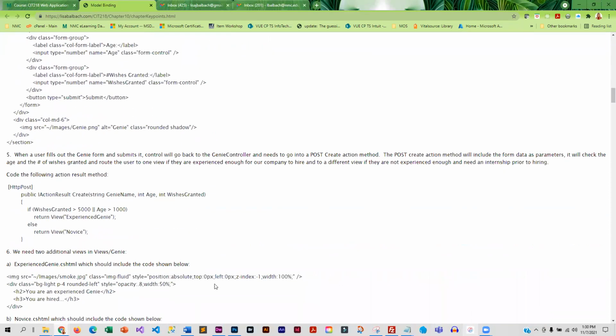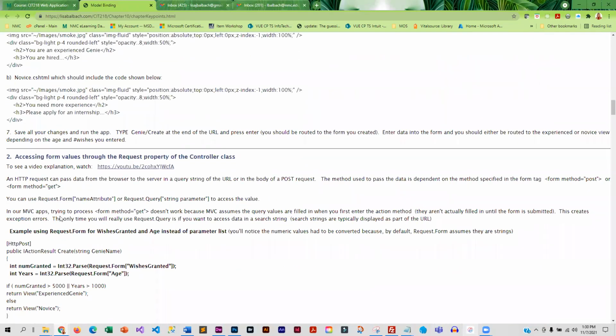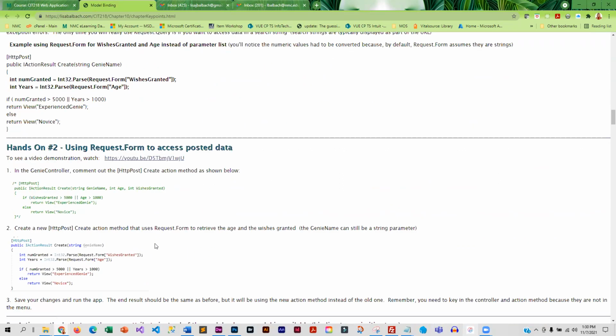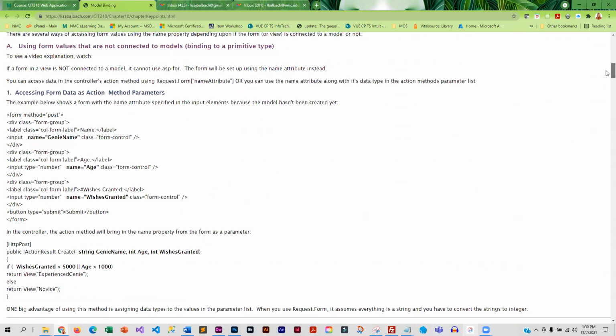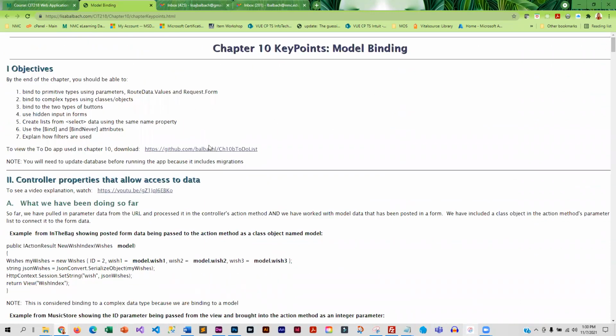So as you go through here, you will be learning the techniques and concepts that we present. We do talk about filtering as well. There's actually a filter class that we'll be using, and we walk through the example from the book. So make sure you download the to-do list so you can take a little closer look when we start talking about